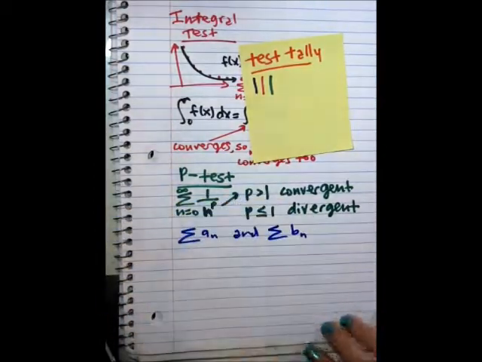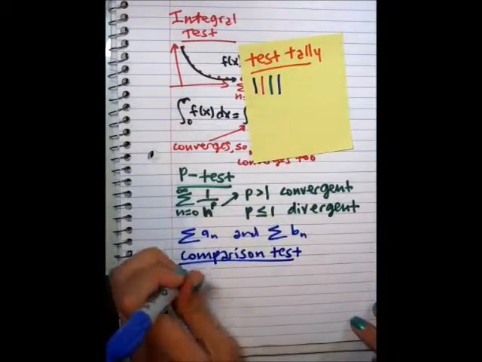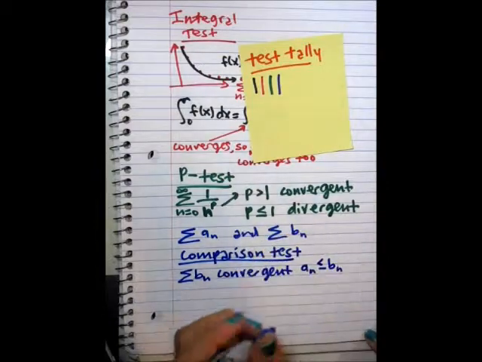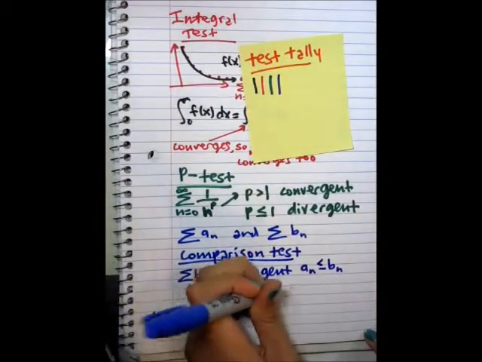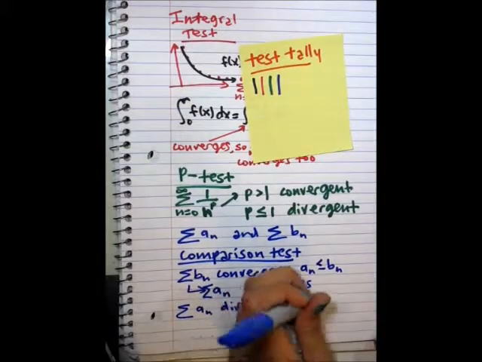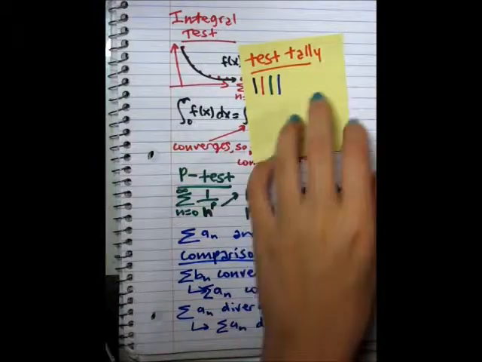Suppose that the sum of a_n and the sum of b_n are series with positive terms. The comparison test, similar to the comparison test for integrals, says that if the sum of b_n is convergent and a_n is less than or equal to b_n for all n, then the sum of a_n is also convergent. If the sum of b_n is divergent and a_n is greater than b_n for all n, then the sum of a_n